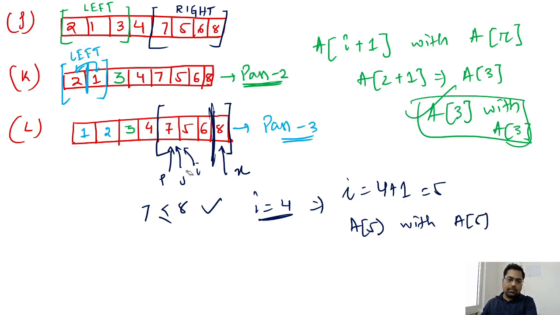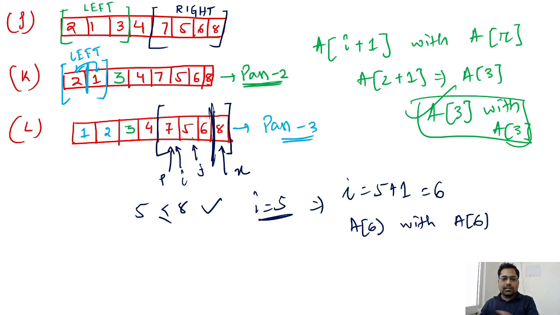Now J value will be changed its location after this comparison. After this, J value we must compare with the sixth element, which we have is 5, whether it is less than 8 or not. Once it is less than that, previously I value was 5, now I value became 5 plus 1, which is 6. Okay, like A6 with